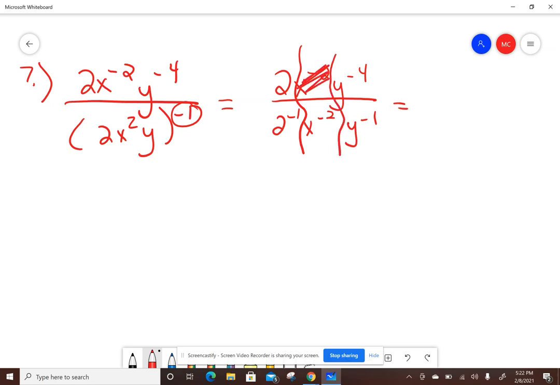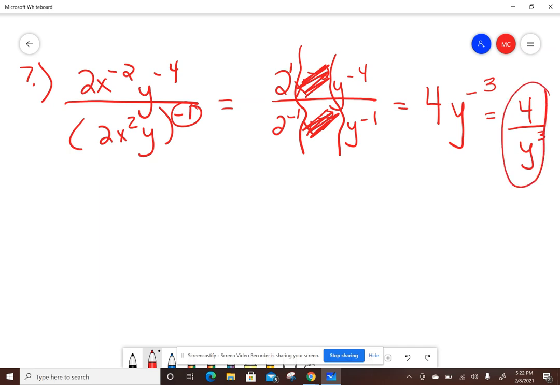Now, x to the negative 2 over x to the negative 2, they cancel each other out. 2 to the first minus negative 1 is 2 to the 1 plus 1, which is 2 squared, which is 4. And y to the negative 4 minus negative 1 becomes y to the negative 3. So that becomes 4 over y cubed. And that's the final answer. Now, number 8,